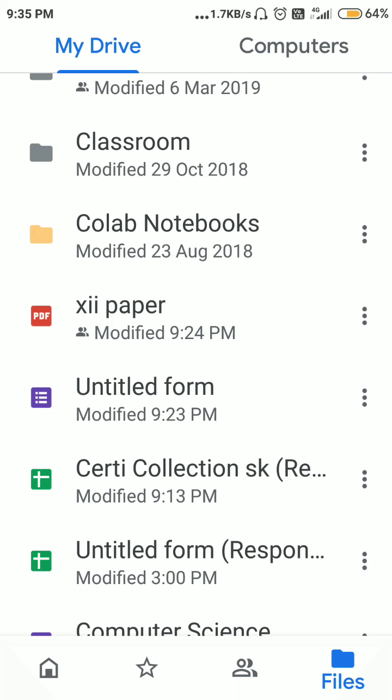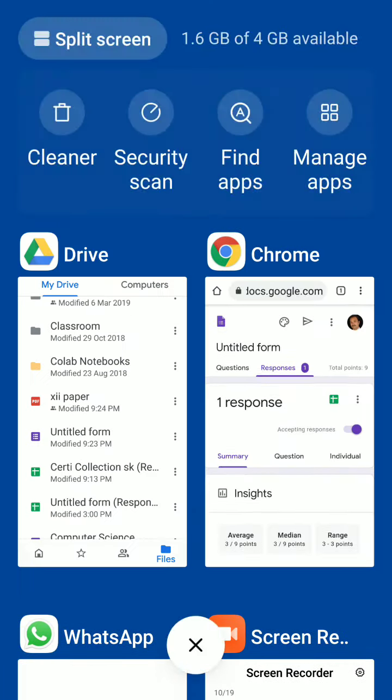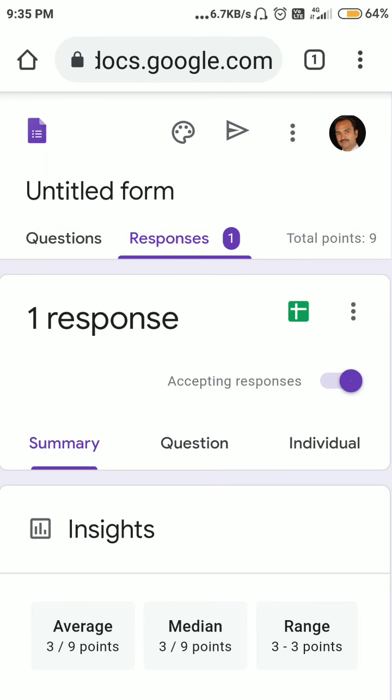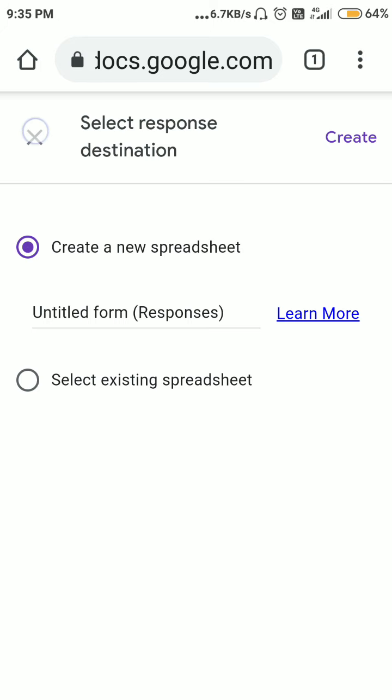This is my file, right? I will open it again and create a PDF. But before creating the PDF, you remember